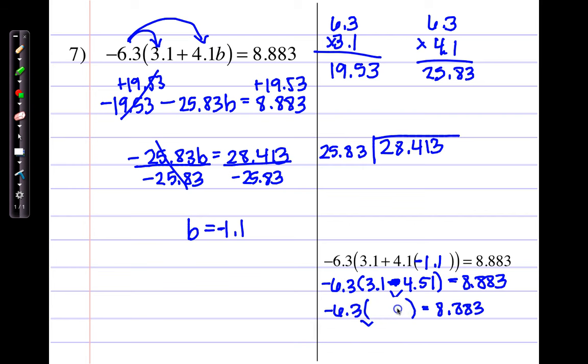Instead of 7 61/100, instead it should be, let's see, 3 1/10 minus 4 51/100 is going to be a negative 1 41/100. Multiply that by my -6 3/10, and I end up with positive, negative times negative is a positive, equals 8 and 883 thousandths. So it checks out. So last but not least, let's just go ahead and move on to the very last problem, which is going to be